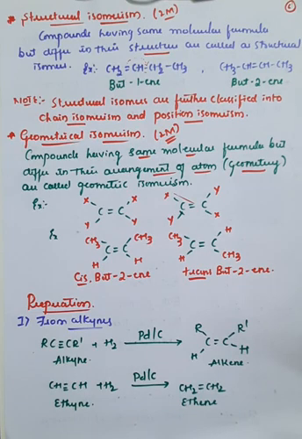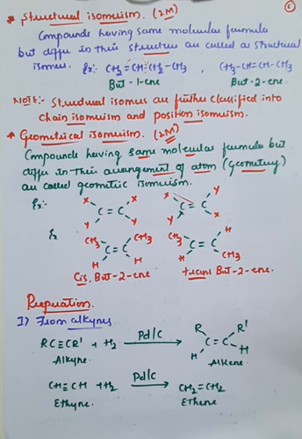Hello students. In the last class we were discussing some of the important as well as interesting concepts related to the alkenes, and we have seen some of the differences between the alkenes as well as alkanes. Generally alkanes are saturated hydrocarbons and alkenes are unsaturated hydrocarbons. Along with that we have seen some of the general formulas and isomers as well as the structure of the double bonded carbon atom which is present in alkenes, and also we have seen the nomenclature.